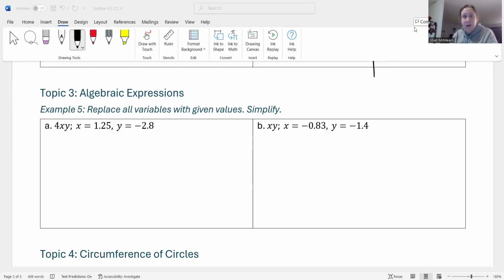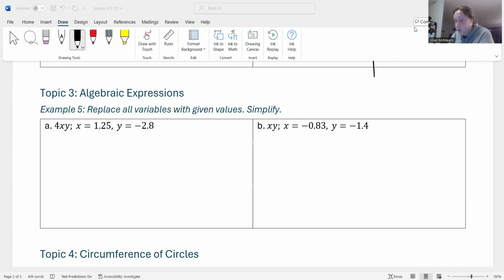Hopefully at this point you're getting accustomed to this idea of dealing with algebraic expressions. So just like we've done many, many times, we're going to look at evaluating algebraic expressions, but this time we're going to look at multiplication involving decimals, okay? So example 5 says replace all variables with given values and simplify, and that is what it means to evaluate